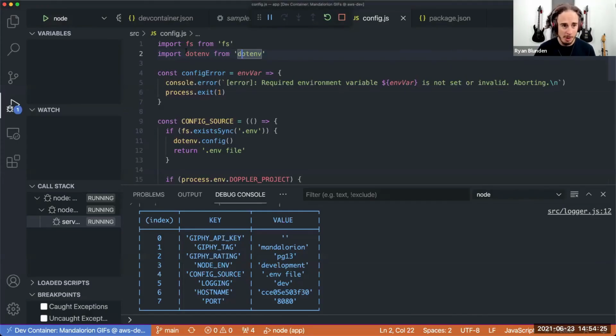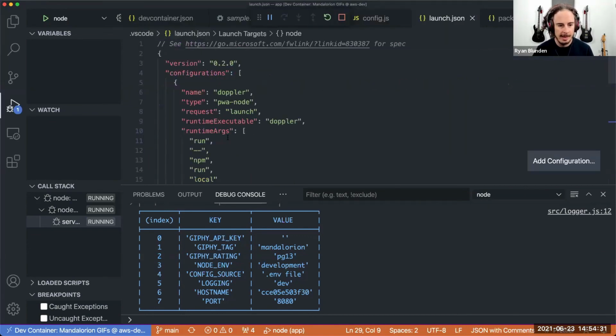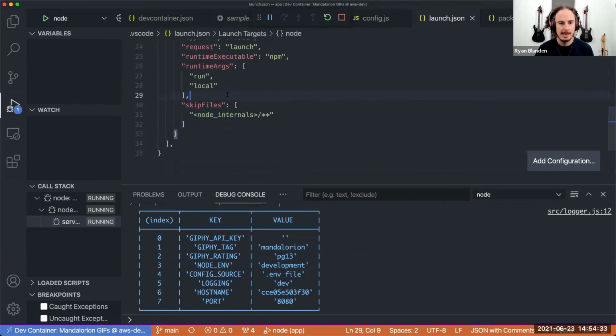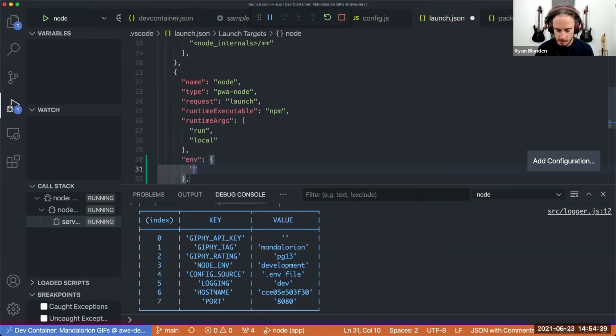So you can work around this. You can go into your launch configuration, and you could always specify that here. We also want to define env. We set this to hostname. We set this to 0.0.0.0. And now if we run it with Node,